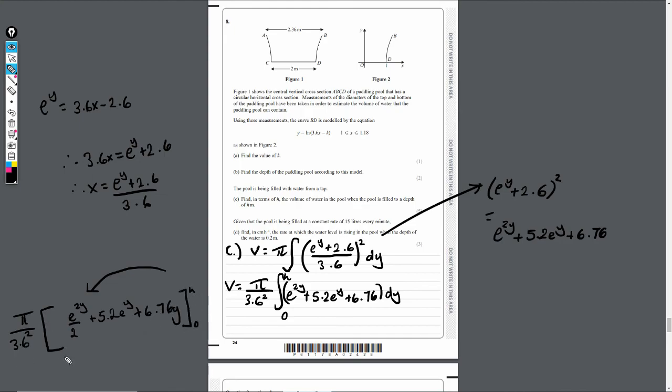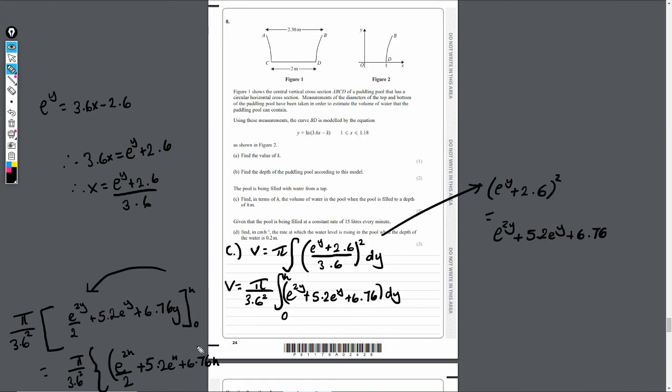Okay, so I'm kind of going a bit curved here, but all I've got to do now is plug these limits in here, and we're going to get our value. So I'm just going to do it cleanly across the bottom here now. Hopefully we will have just about enough room. It's going to be a bit tight, but what I'm going to get is pi over 3.6 squared, okay, just like we had here. Plugging in h now, this will be in two different parts. So it's going to be e to the 2h over 2, plus 5.2 e to the h, so wherever there's a y, it's just going to be replaced with an h, plus 6.76